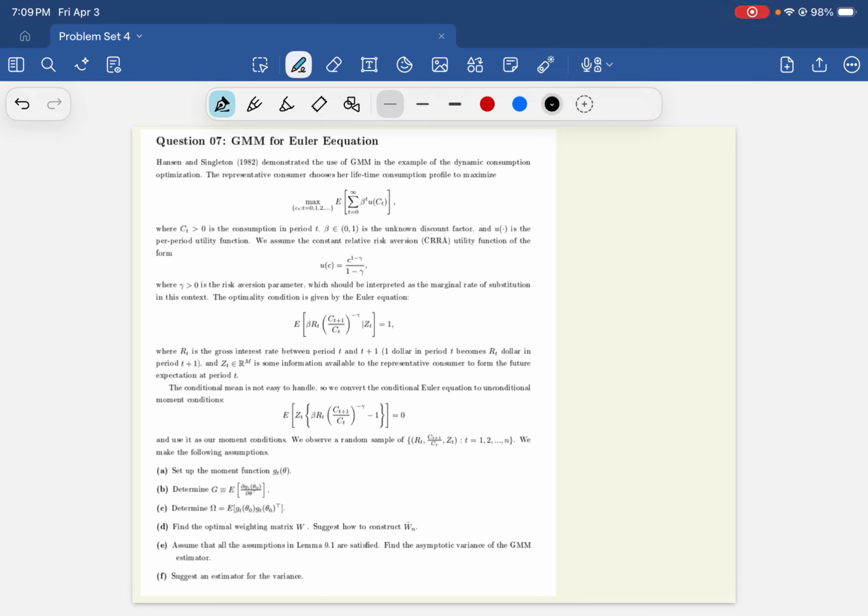This question is the example from Hansen and Singleton's 1982 paper. This is one of the first papers that uses the GMM to estimate an economics model. I explained it briefly in the class, and basically nothing special. We are interested in dynamic optimization of consumption, and we assume a CRRA utility function, and then we have